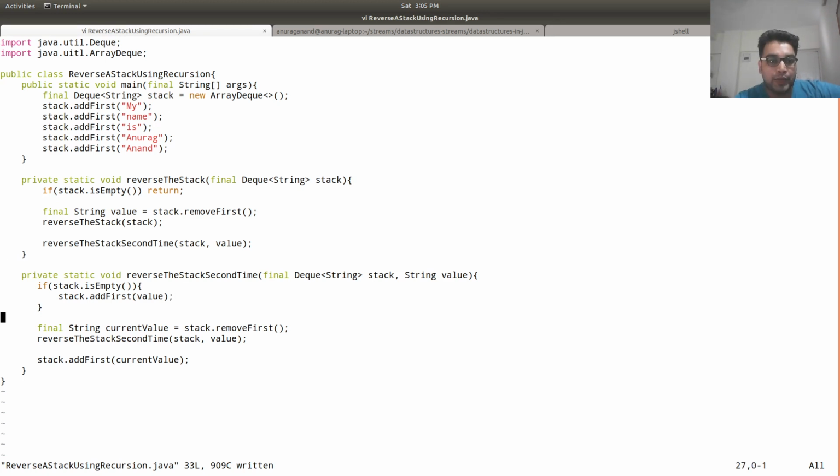To do that, you can see that this is the exact same code as in the first reverse the stack function, that we are again emptying the entire stack in the recursion stack of this function, and every new value is added at the first position, added only when the stack is empty.